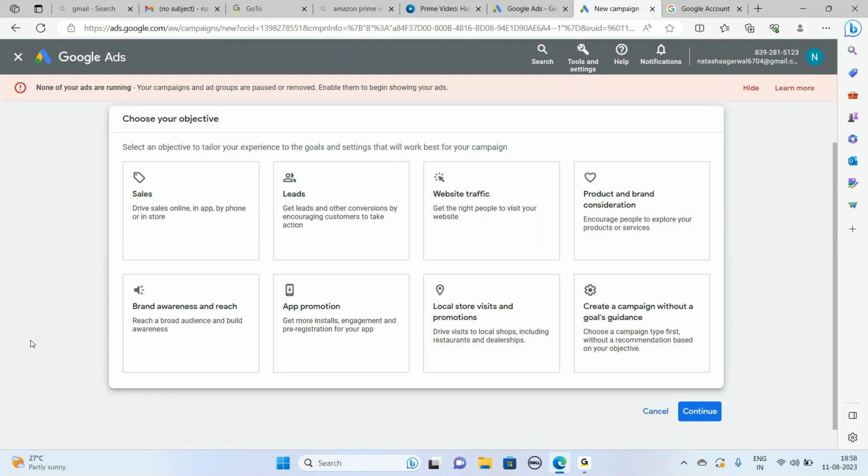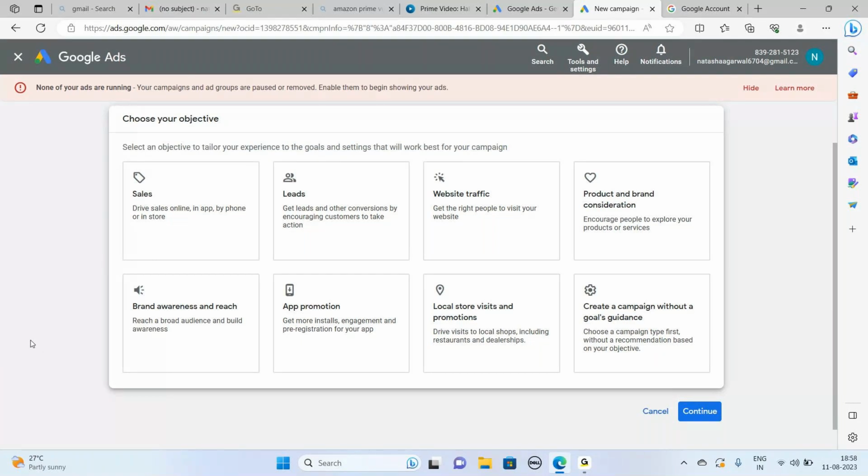The next, the local store promotions. This is used when you want to promote your Google My Business page.